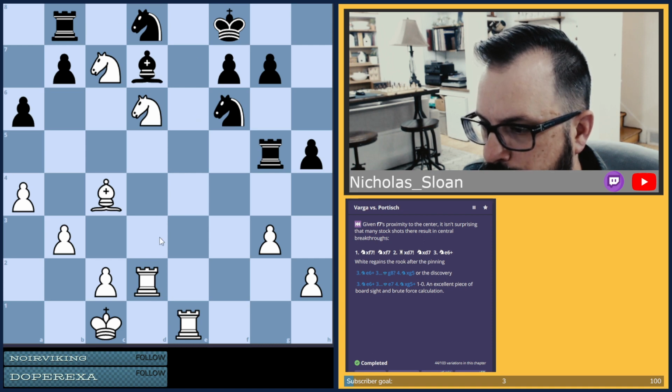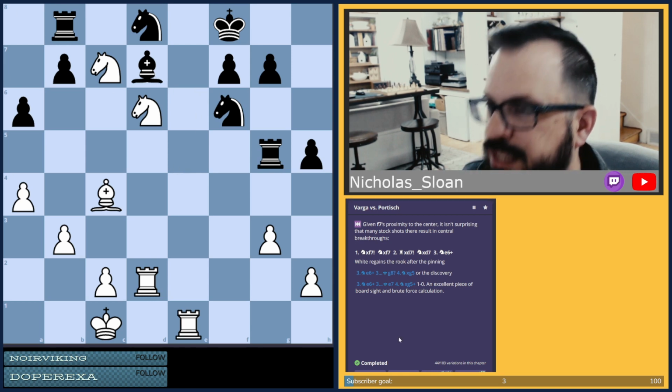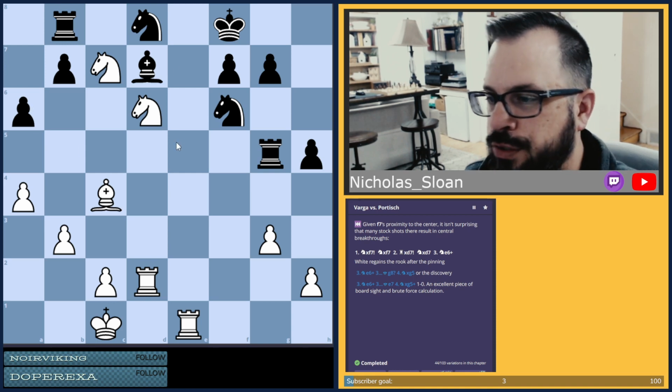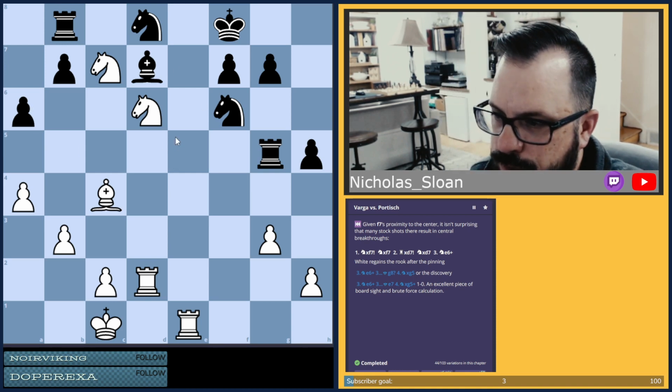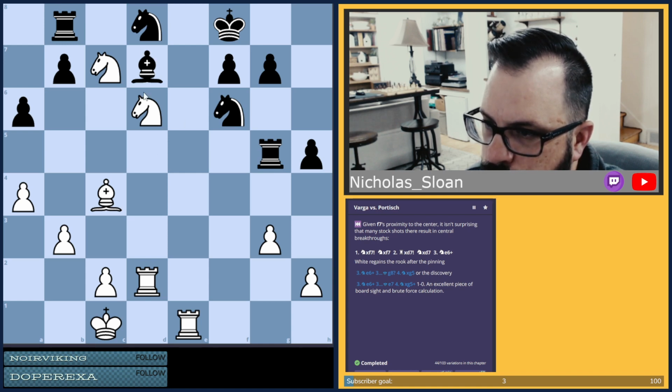I'm not sure exactly where the defense is, and we'd probably have to put it on a different board to see why. That's the one thing Chessable doesn't really allow you to do. Sometimes they give you lines, but they don't tell you why it doesn't work. I think knight e4 is a logical candidate move because it both attacks the knight and the rook with the sacrifice down here.